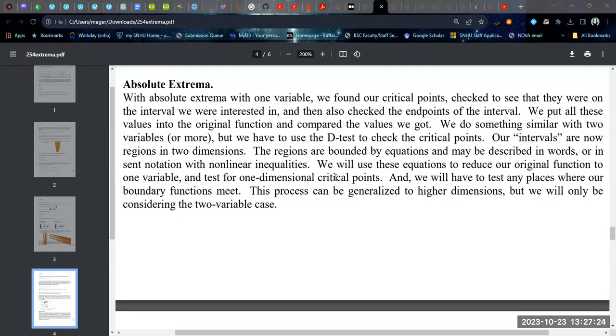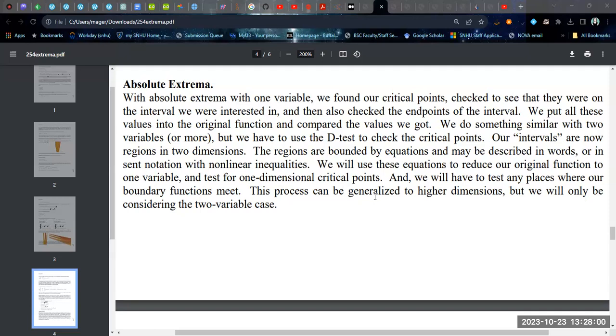And so we're going to be testing actual values, actual numbers, into the function to determine which point is actually the largest and which is the smallest, because you might have a maximum, say, in the middle, but there might be a point on the boundary which is higher. So we are going to find critical points, but we're going to have to do it in several layers because we're going to have to find critical points in the interior. We're going to have to find critical points on the boundaries,